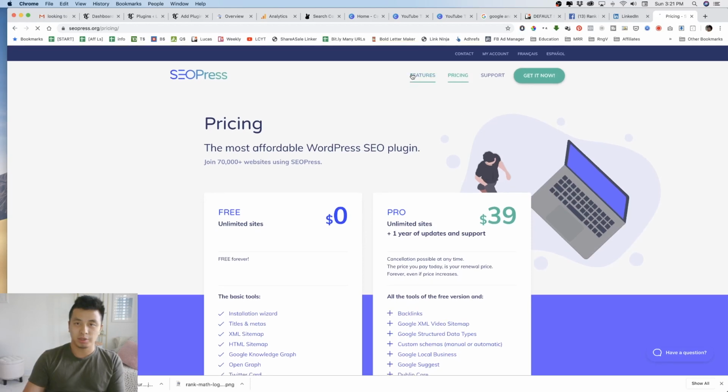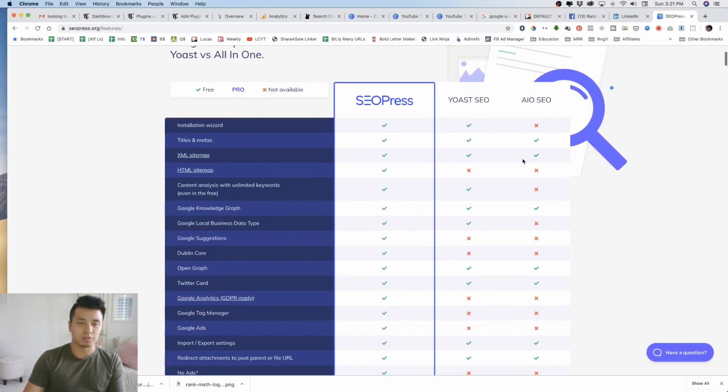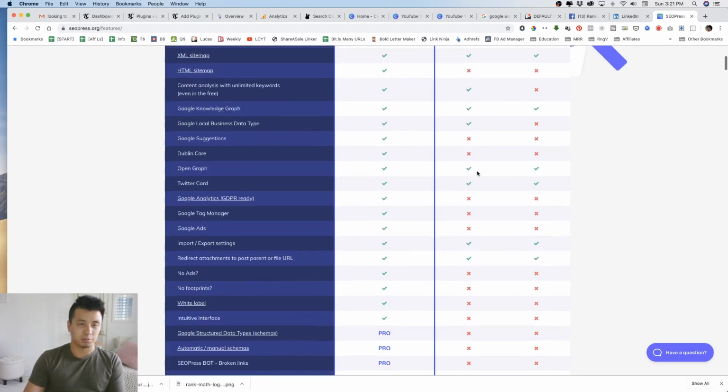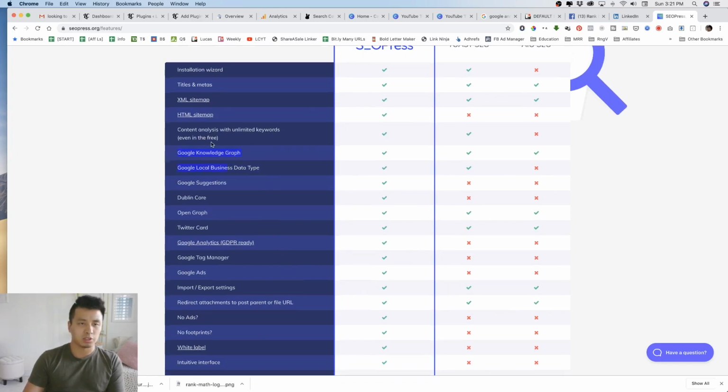So SEOPress, is it better than Yoast? Is it better than AIO? Is it better than Rankmath? I think it's going to be based on your personal preference, honestly, because we all have roughly the same access to Google's API data, right? All the traditional SEO technical stuff like sitemaps, metadata, alt text, that's a given that you're going to get with